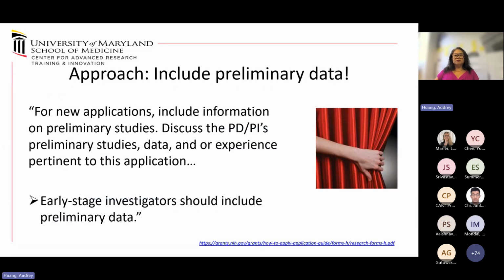So definitely include preliminary data in your approach section. Whether it's unpublished, in press, or just an observation in the lab thus far, it helps to make the case for feasibility in what's being proposed now. It's a must. There are very few grant mechanisms for which no preliminary data is required. And even the ones that say preliminary data is not required, the norm is that people are submitting some preliminary data.